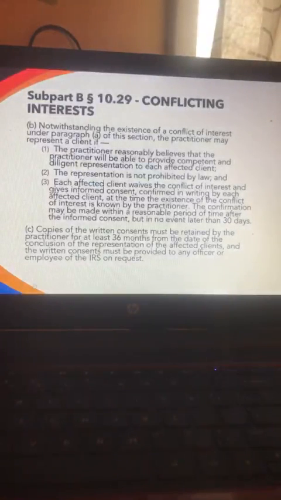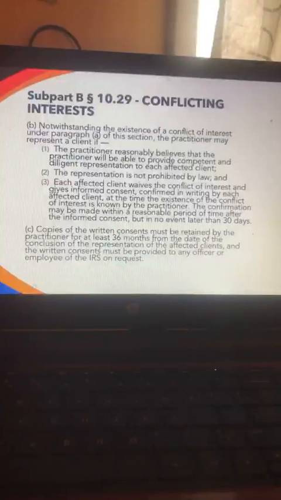Take a look at section B. Notwithstanding, I'm on slide 37 now, notwithstanding the existence of a conflict of interest under paragraph A that we just read, you may represent them if what? If you reasonably believe that you will be able to provide competent and diligent representation to each affected client. If the representation is not prohibited by law, if each client waives the conflict of interest and gives informed consent,